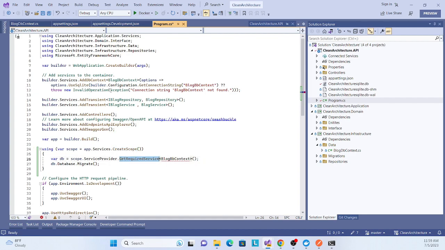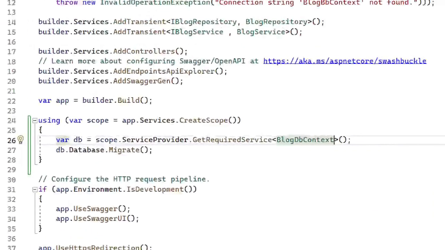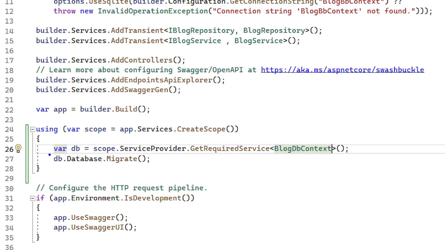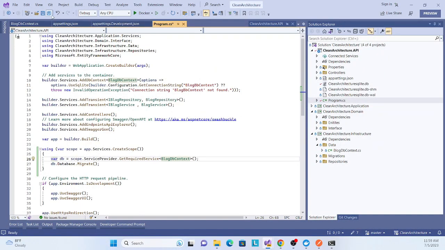Under the scope, from our DB context, we get our service. So this is our service, and finally, let me zoom in, we have to forcefully tell the DB to migrate at startup. So whatever is in the DB, let's start to migrate. Okay, once it's done, let's save it.